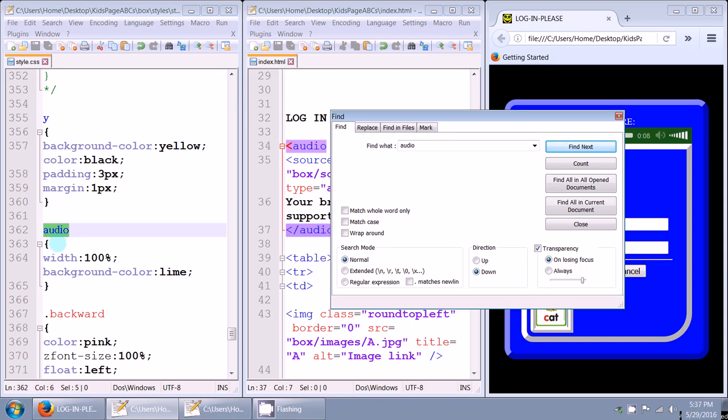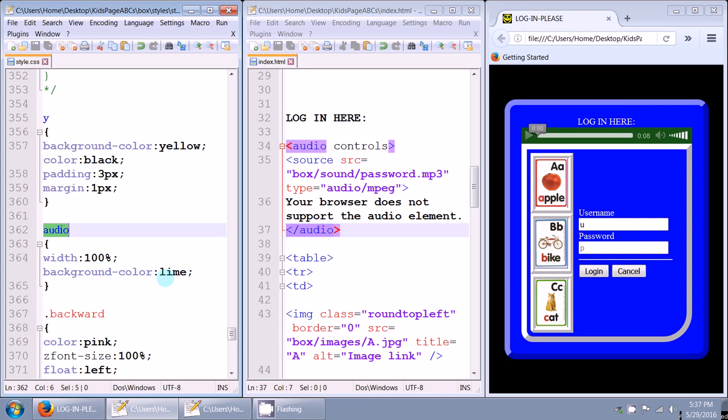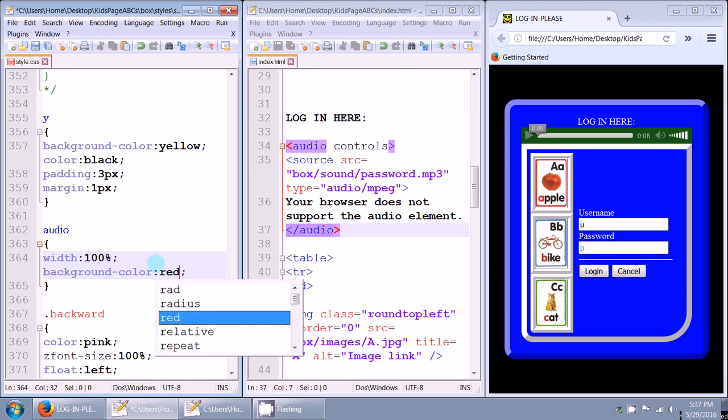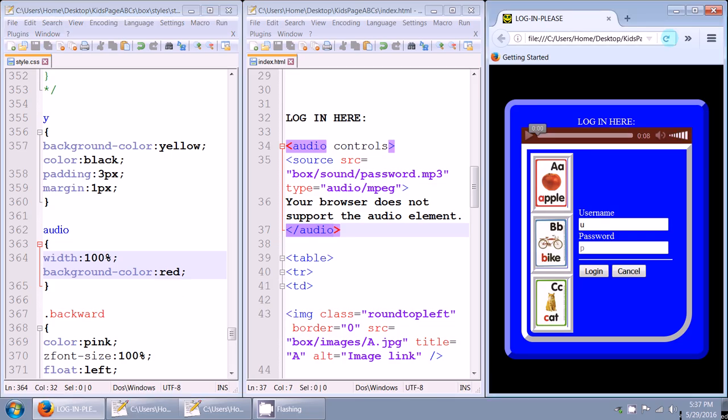So here for my audio tag, in my style sheet, I gave my audio tag a width of 100% and a background color of lime. So everywhere I have an audio player here, that plays an MP3 file, it's going to be green. If I want to change that to red and save it and then refresh the page, now everywhere you see the audio player, it'll be red. If I want to change it to blue,